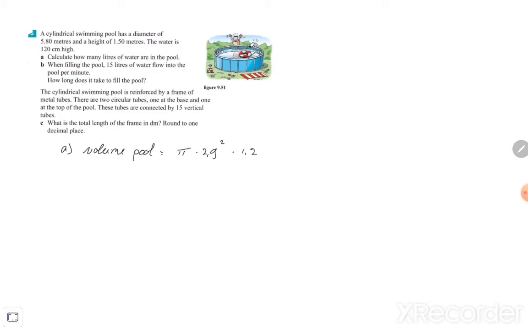Now, I already told you that maybe it's wise to do the measurements not in meters but in decimeters. So in that case, I'm going to change my calculation: pi times 29 squared, yeah, so 2.9 meters is 29 decimeters, multiplying with 12. There you go. So the answer here is